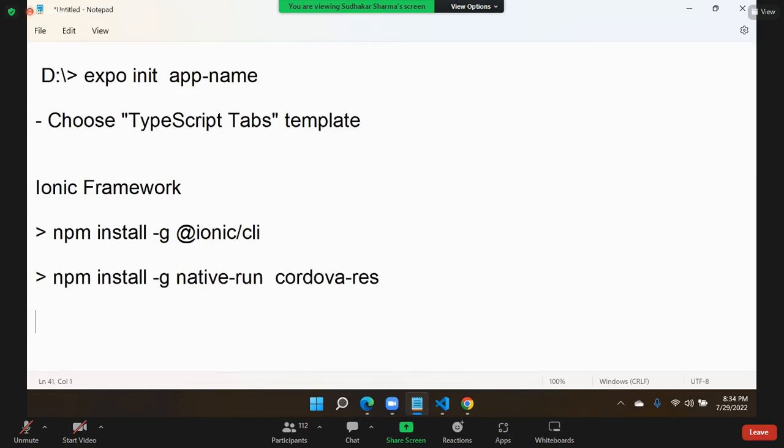You need to install Cordova. Cordova is nothing but a cross-platform framework for mobile apps. So you need to install this. Ionic uses this Cordova, Apache Cordova. You have to set up these two actually. Then what you can do is, in Ionic also, creating an